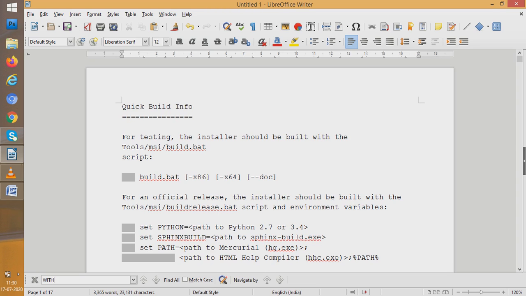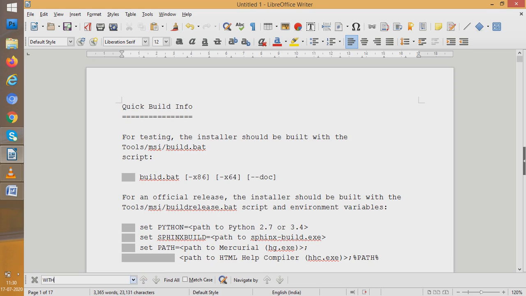So let us see how it searches. I will click this find all button. If I click find all, every with written in this document would be shown at once. But if I use these buttons, then one finding would be shown at a time.